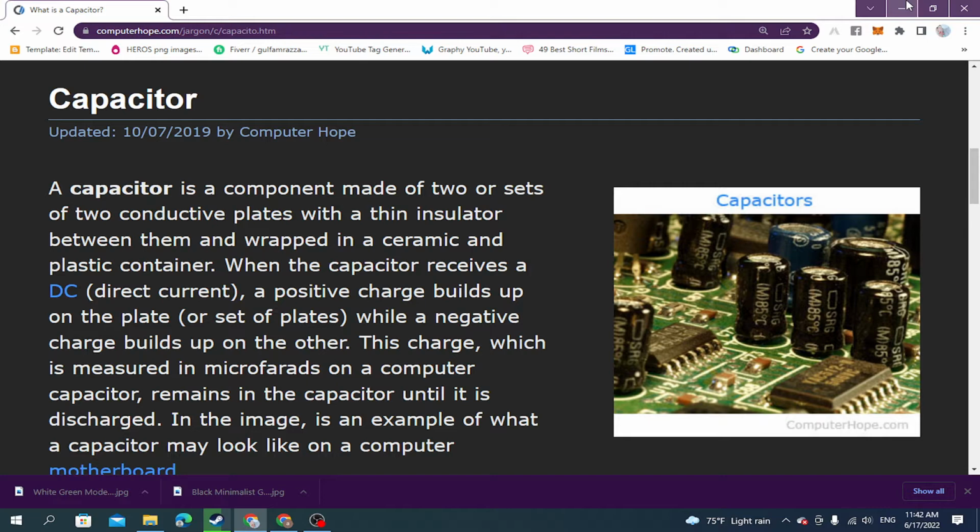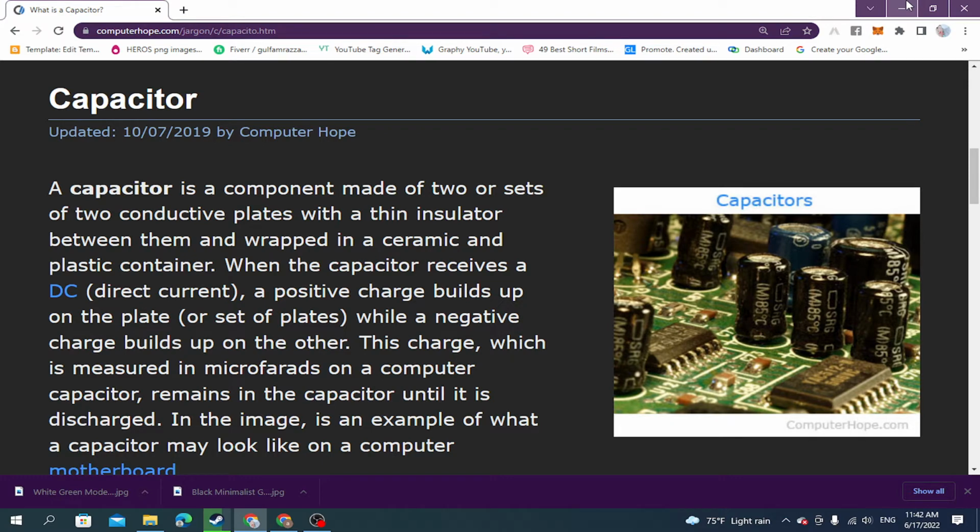A capacitor is a component made of two or sets of two conductive plates with a thin insulator between them and wrapped in a ceramic and plastic container. When the capacitor receives a DC current, a positive charge builds up on the plate while a negative charge builds up on the other. This charge, which is measured in microfarads